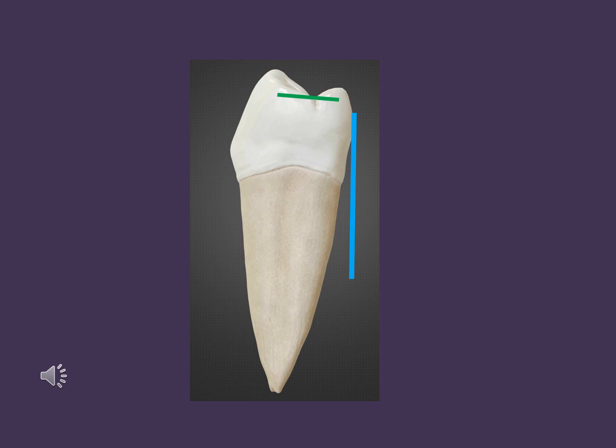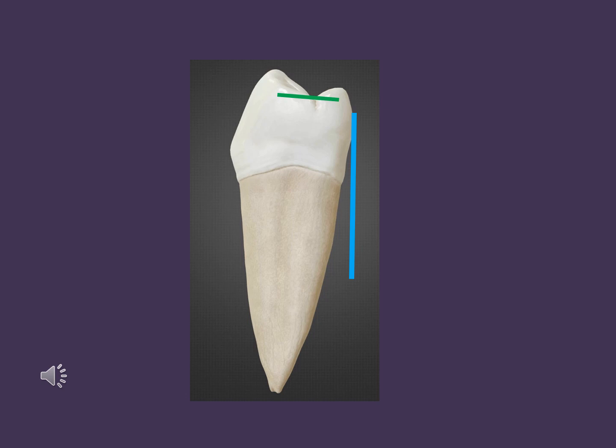Next, we will see the mesial marginal ridge. The mesial marginal ridge is more occlusally placed and horizontal, making only a lesser portion of the occlusal surface visible from this aspect. The green arrow indicates the mesial marginal ridge, so it is horizontal in nature. When we compare it with the mandibular first premolar, in the mandibular first premolar the mesial marginal ridge is sloping in nature, whereas in the mandibular second premolar, it is horizontal to the tooth.